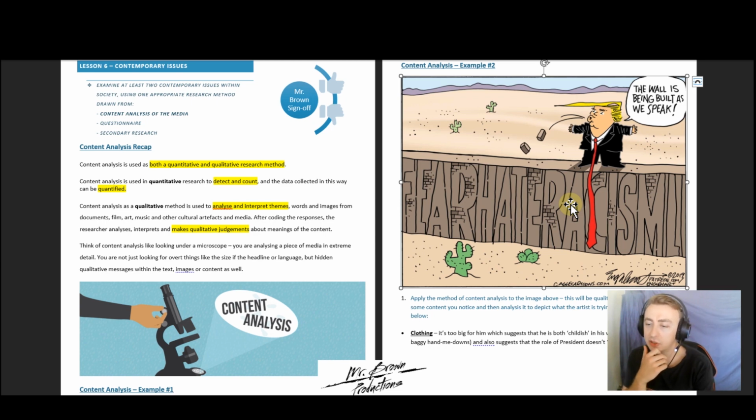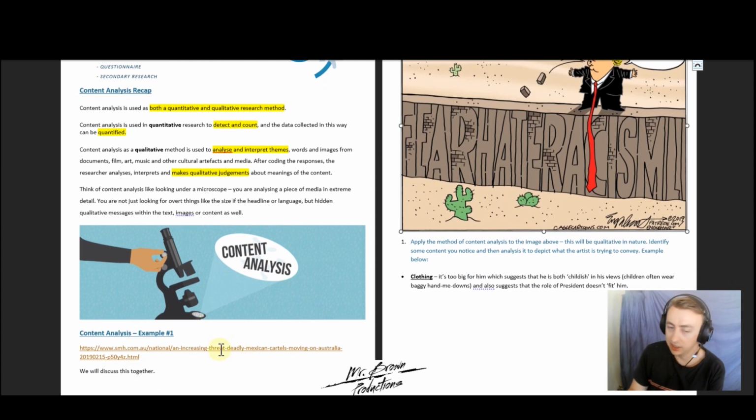I think I want to focus more on the qualitative aspect, because a quantitative content analysis is fairly easy to do, as you just saw me do there. I'm just counting and tallying and quantifying things, and usually that quantified data is used to strengthen the argument of your qualitative interpretations. So the fact that I was qualitatively saying that this article is very much fear-based around different ethnicities and crime was backed up by the 16 or so instances where the authors use that sort of language to describe them,